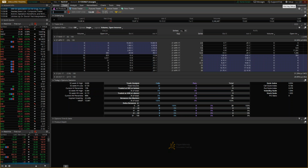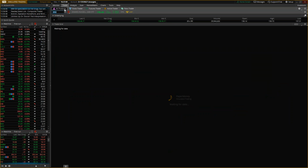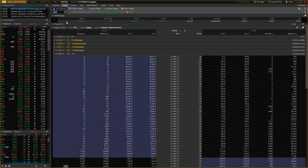So IWM, Dale's got IWM. He's got a sell. He's liking the indexes. So that's a great point. And Dale, I'm glad you threw up all of these indexes. With indexes, so for the underlying, my rule is above an IV of 50. For an index, a basket of